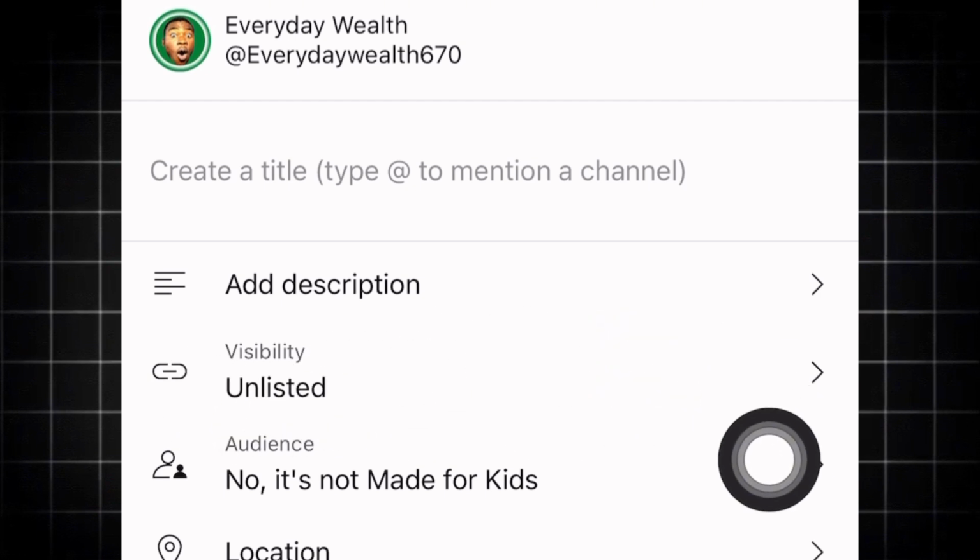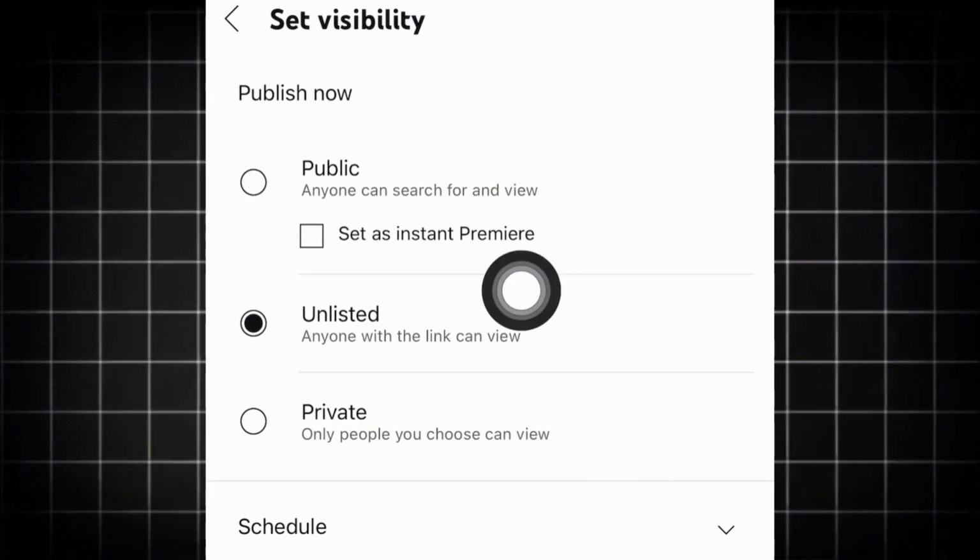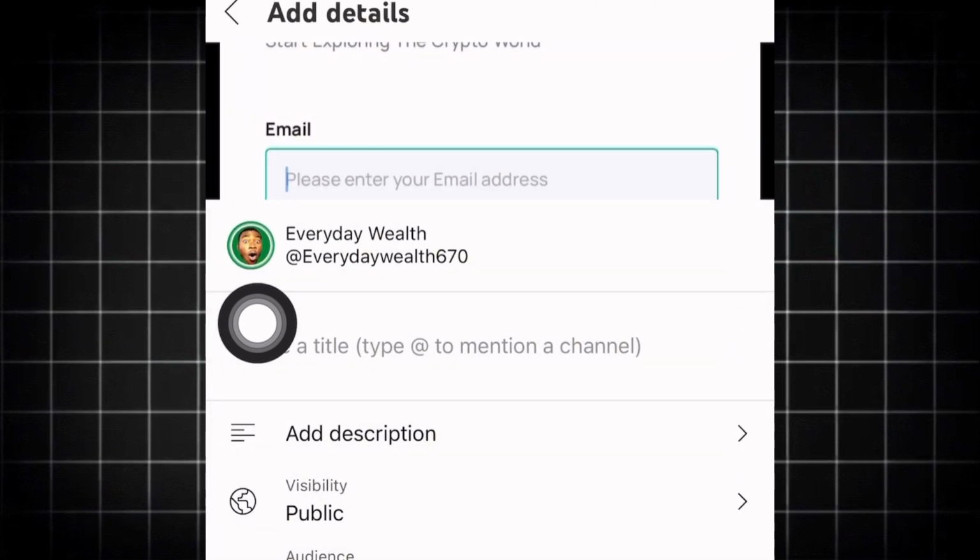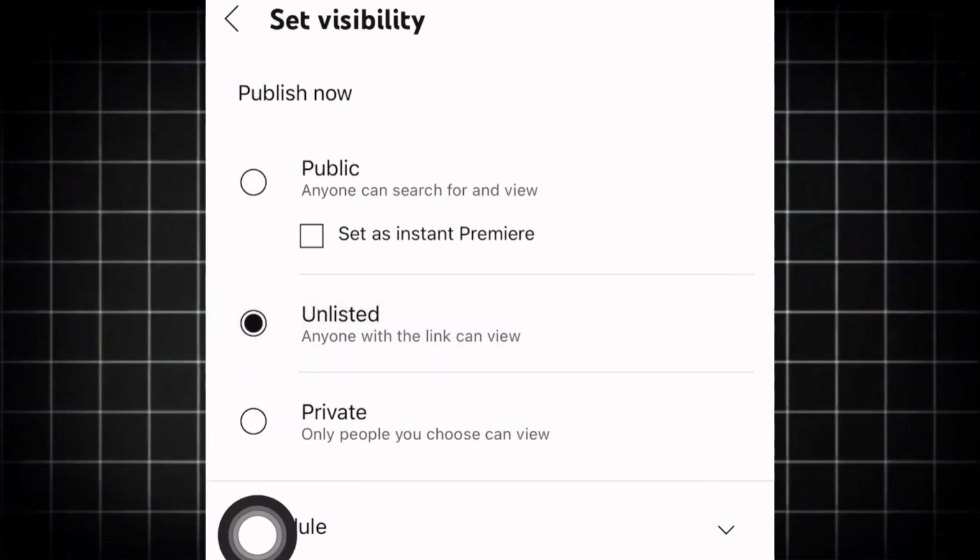So first and foremost, once it's your first time uploading any video on YouTube, it will tend to show something like public, right? So always click on set visibility to unlisted. Now what is this telling you? It's telling the algorithm that the video is not yet public once it's uploaded. Now it will save you space to optimize the video for it to rank faster on the YouTube algorithm. So the next thing you want to do, once you've set it unlisted, which is to say anyone with this link can view this video,